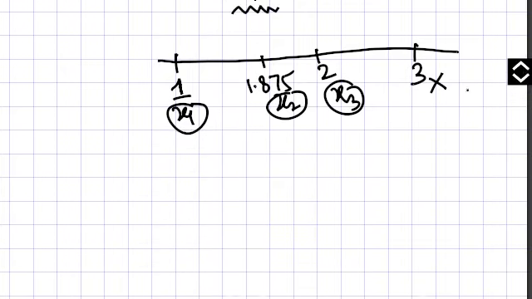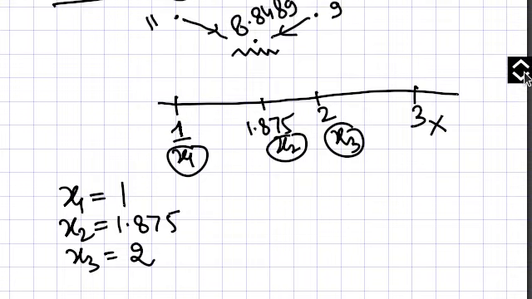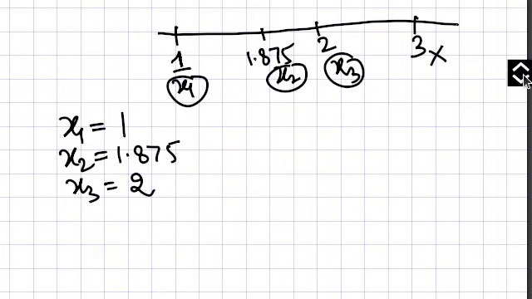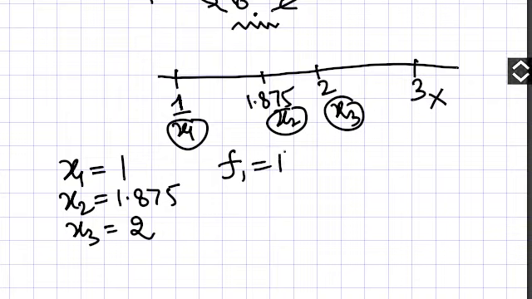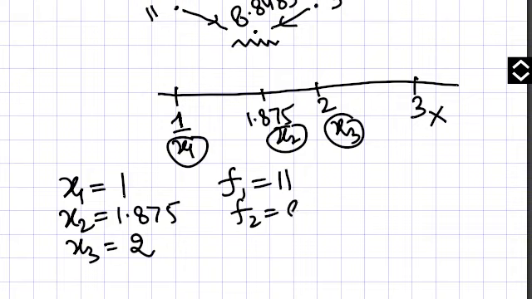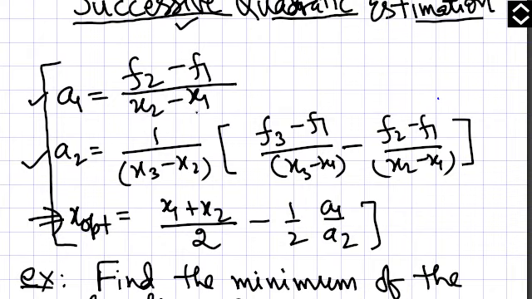So with these new points, now we are getting, actually all these methods are for computer programming, it is not to be done manually like this, but to understand the concept you need to do it yourself on the calculator. So at these points we know the function values, there is no problem. F1 is 11, F2 is 8.8489, and F3 is 9. So these 6 values are known to us, and now you come to quadratic approximation, these also need 6 values.